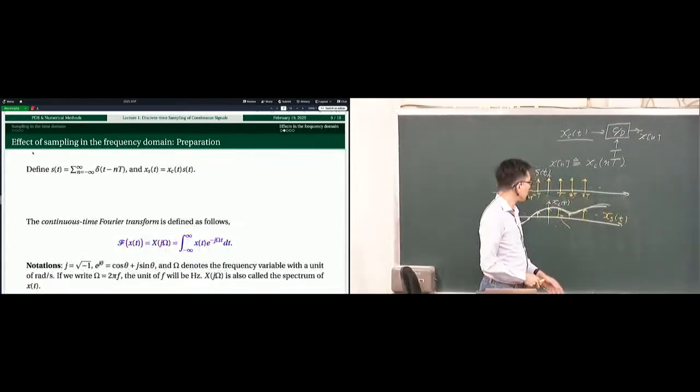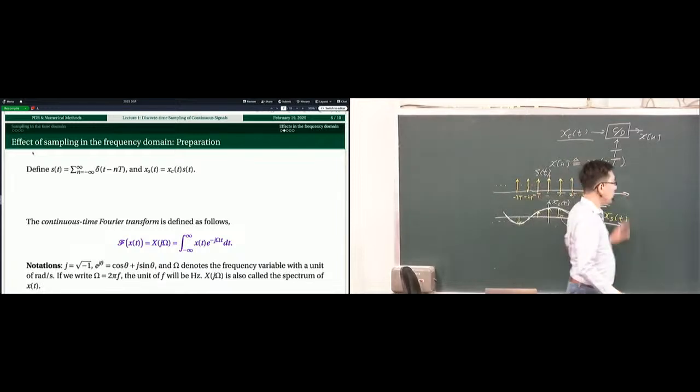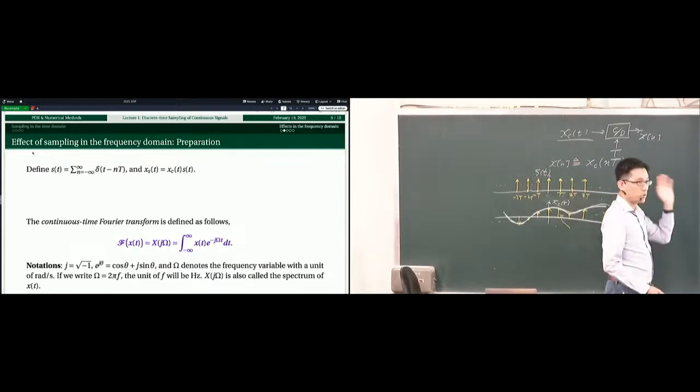But it turns out that it's more convenient to discuss the Fourier transform using this notation. So that's how we prepare for a discussion. Now we are prepared for the discussion of what's going to happen in the frequency domain. Is that clear? So next, if you agree with me that these two are equivalent, different interpretations,